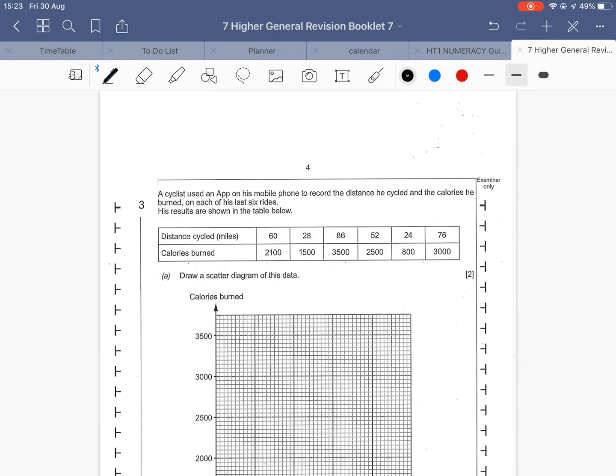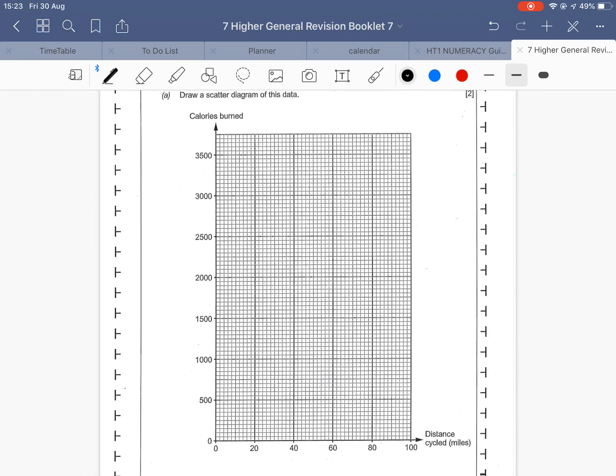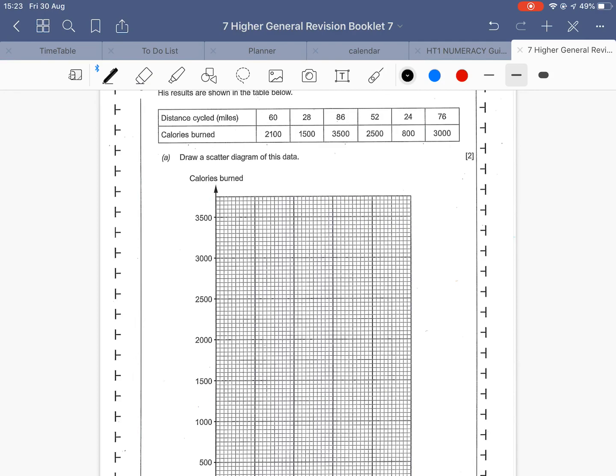Okay, so a cyclist used an app on his mobile phone to record the distance he cycled and the calories that he burnt on each of his last 6 rides. So we've got to draw a scatter diagram, haven't we? So this is just about plotting points. So the first one is 60 and